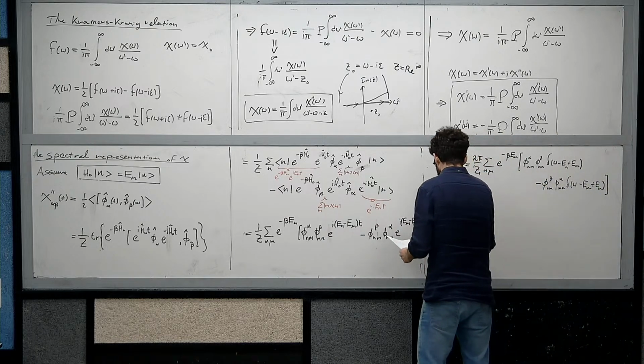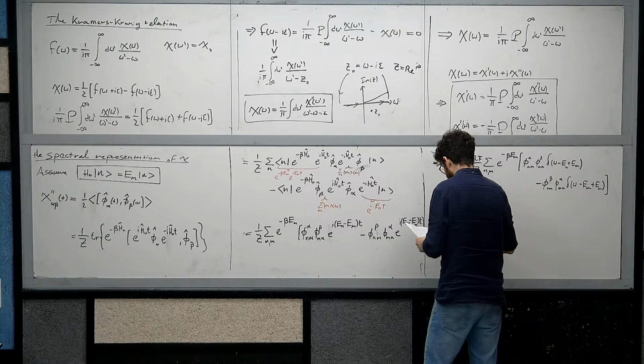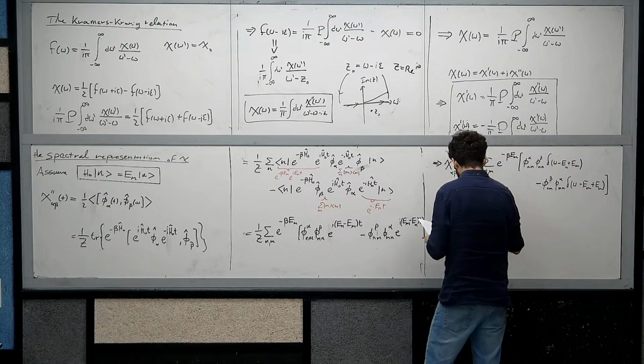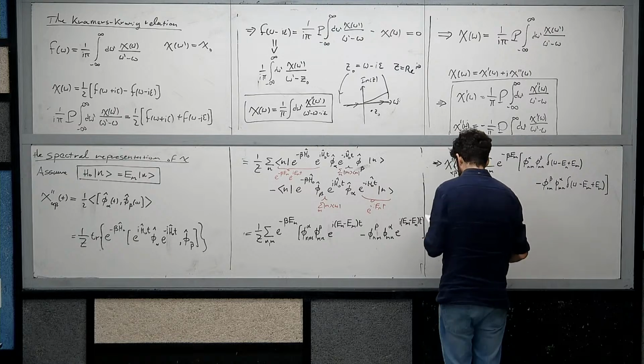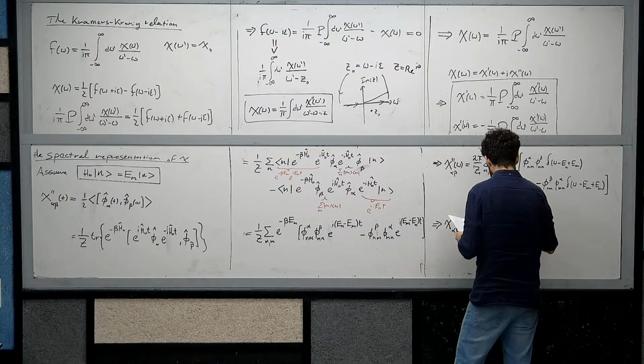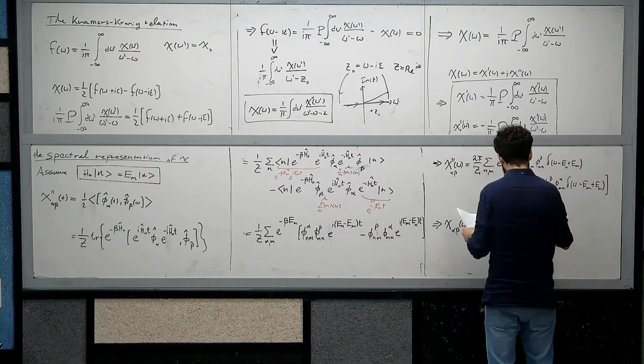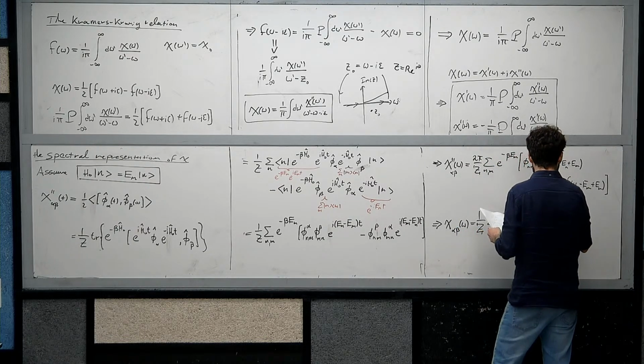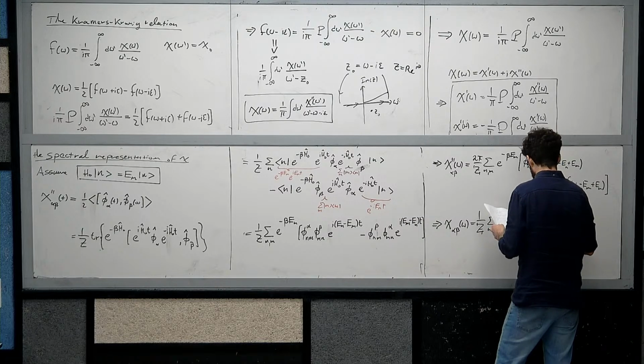We get that chi alpha beta of omega is just 1 over Z, sum over n, m, e to the minus beta En, then we have this phi nm alpha, phi beta, divided by En minus Em,